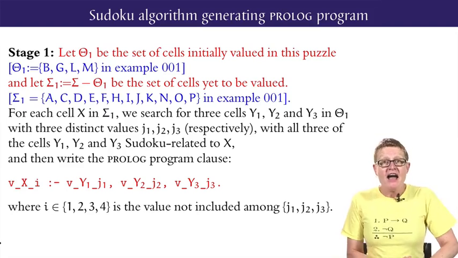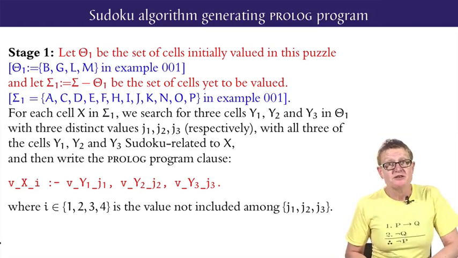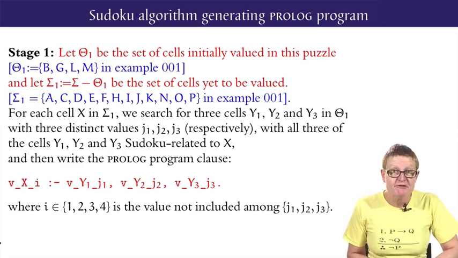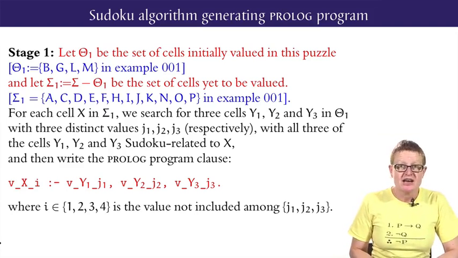Here, I is the value from the set 1, 2, 3, 4 that is different from each of J1, J2